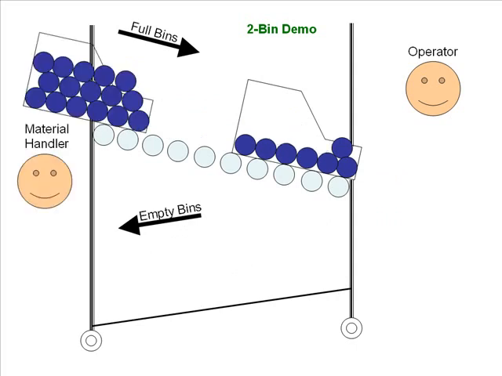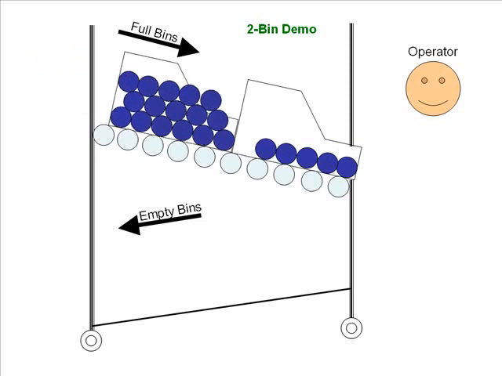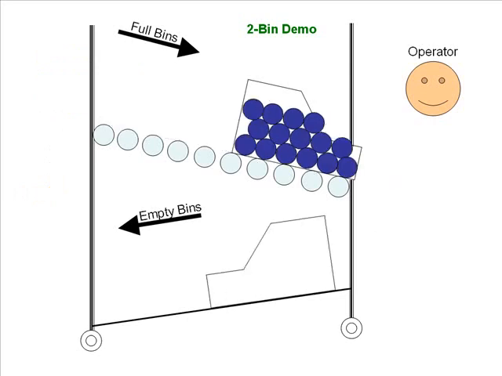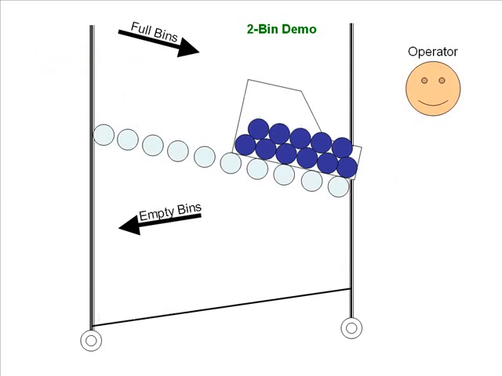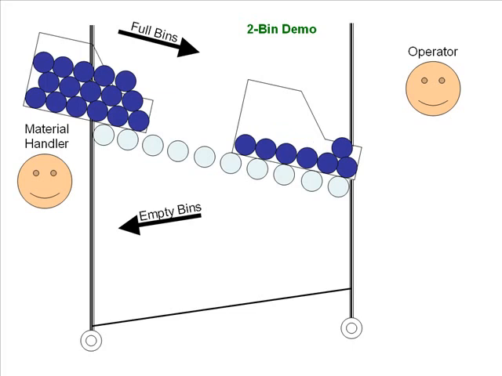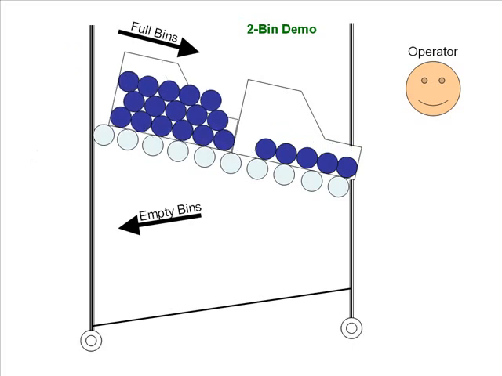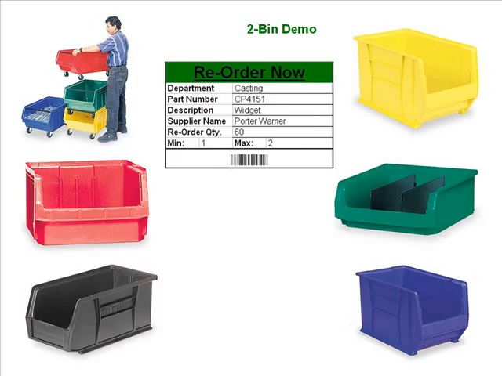The operator is constantly consuming, and the material handler, at the right interval, is taking away the empty bins and bringing back full bins. In just a minute, I'll show you some examples of what bins really do look like and some of the information that you might want to have on your bins. But I'll let this thing run for just a minute. All right, well, we got a chance to see how the system works, and now here's an example of how